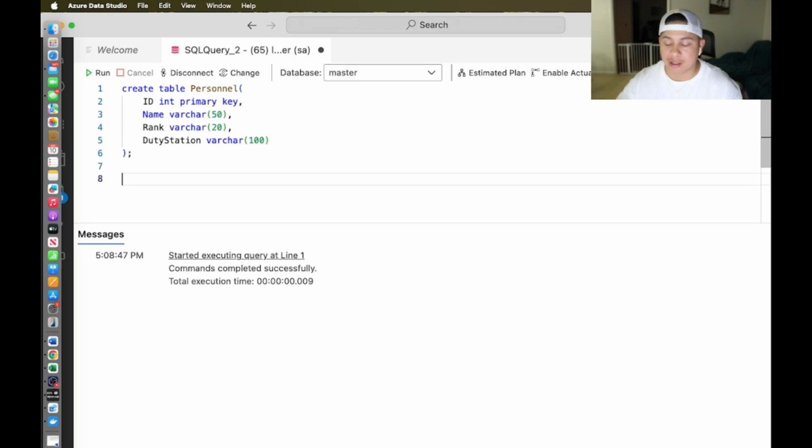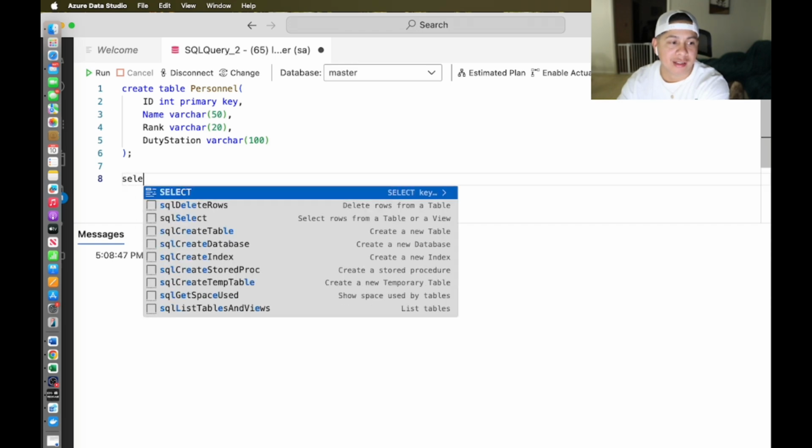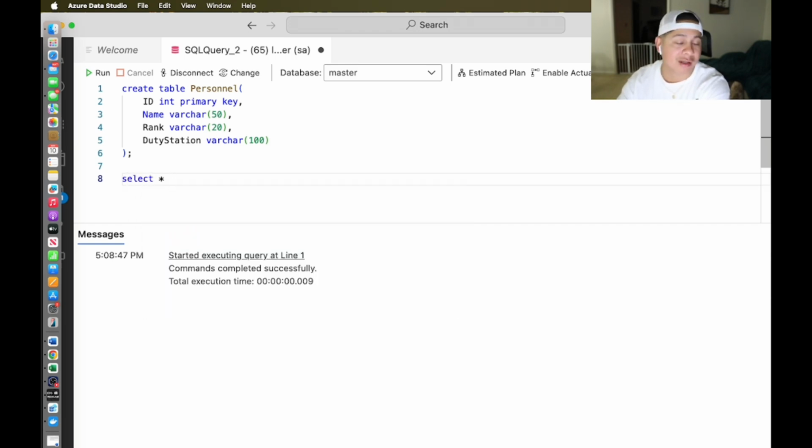Now, here is another SQL command that basically allows us to look into the database or look into the table and see what's actually in it, right? Maybe you're just coming into an organization. They tell you to run a few SQL commands because that's part of your primary duties, but you don't understand the data at this time. What you can do is use this very simple command, select star. Select is a basic command that's going to essentially say search for this. The star is going to represent all. You're saying select all in,